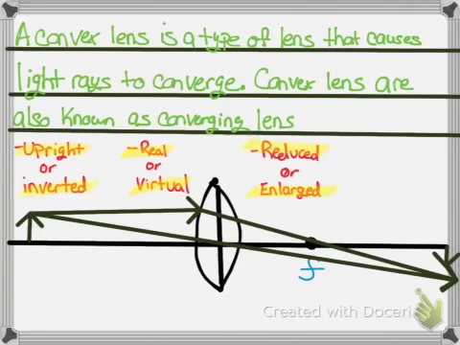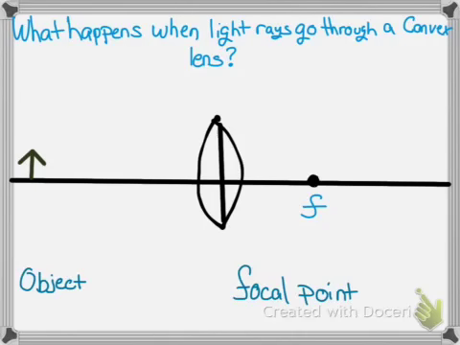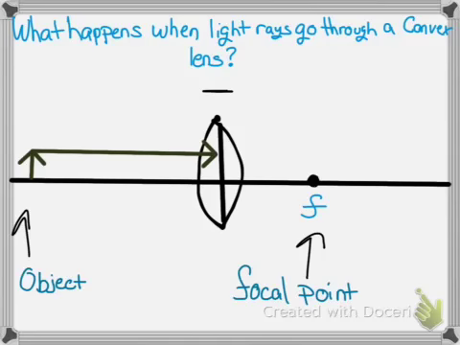On the bottom of the screen, I have an example of a ray diagram. Whenever you're trying to find that image, you have to use a ray diagram. So let's see how we make a ray diagram. The three things you have to have are your object, your lens, and your focal point. The rule is that one of the light rays goes towards your lens, parallel to your principal axis, through your focal point,